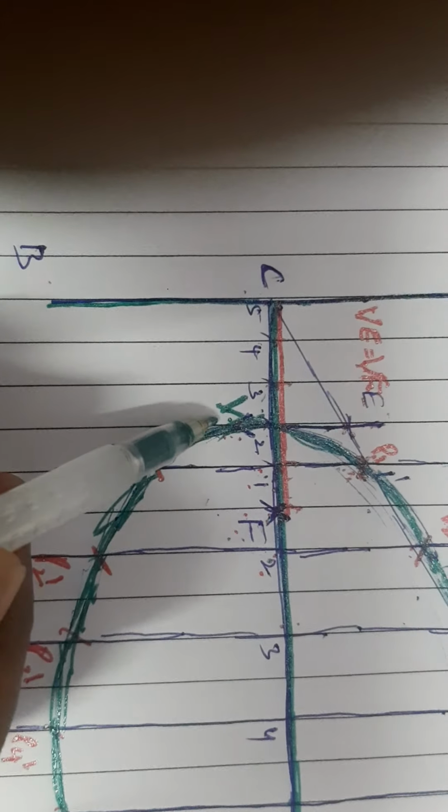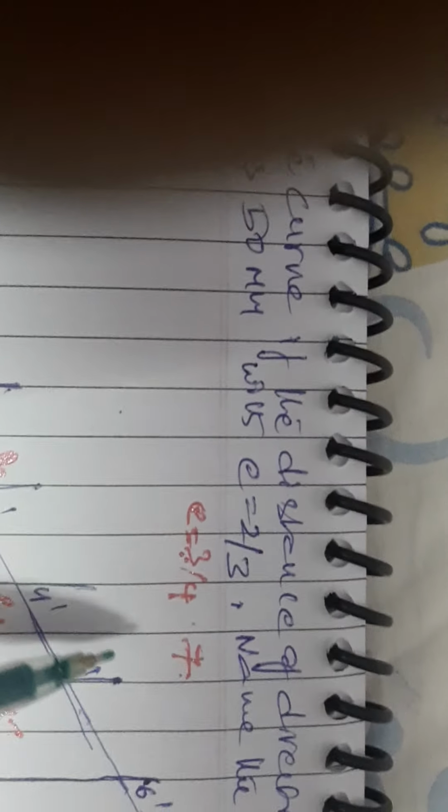So for ellipse, we located the vertex at the second division from F, as it is given E is 2 by 3. Suppose if the problem is hyperbola, and if E is given as 3 by 2, we need to locate the vertex at the third division from F. From F you need to count the divisions, and from here you need to locate the vertex. And next, after locating the vertex, you just repeat the procedure as we followed for the ellipse.